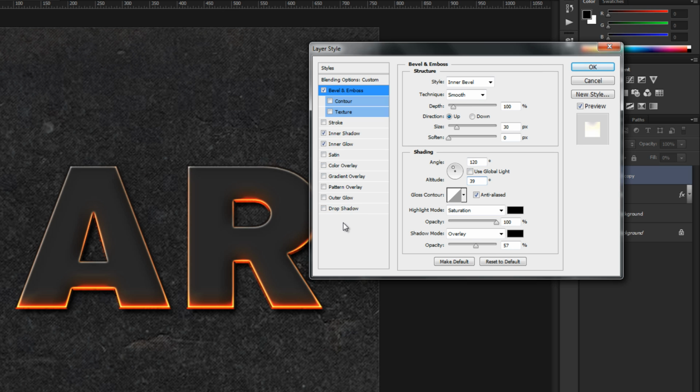Alright, so we have added almost all of the layer effects or the layer styles that we want to add to the text or the letters itself, but there is still some to go. So the next we want to add is a pattern overlay,